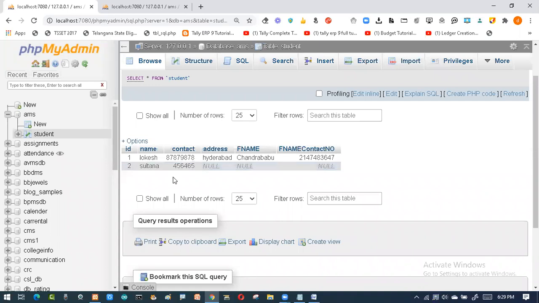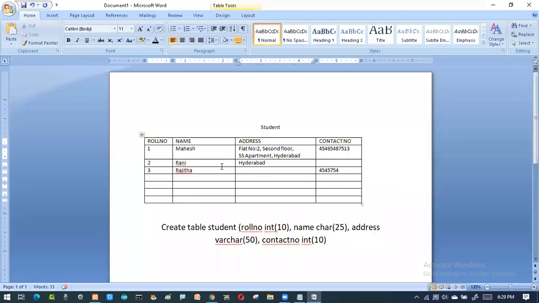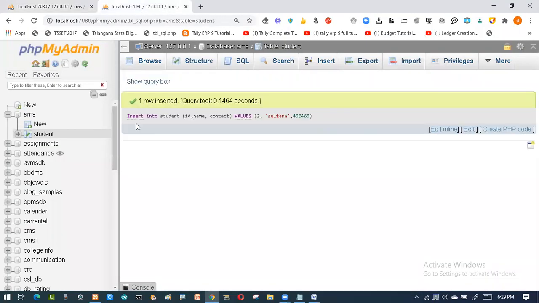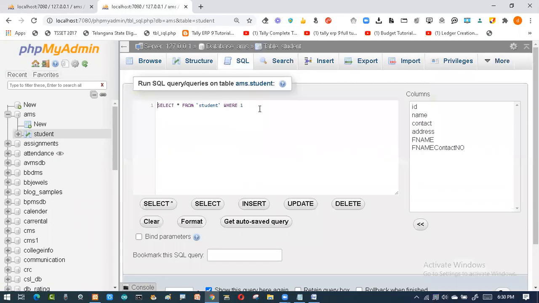Okay. Now, the second scenario: I will be adding another record. The other record that I showed in the table is what I want to add. This time I don't want to go for an address, only the contact number. So again I'll go for another example. The same example I'll copy over here and execute it. So I'll be typing over here. Now this time, I'll go for something called address.